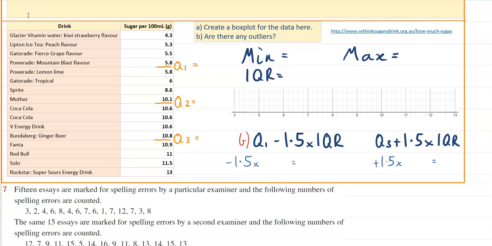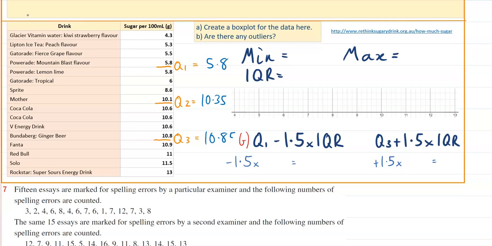So let's have one more go at this by hand. We've got these sugar amounts in all these various drinks per 100 ml. This is real data as well that I grabbed online, so feel free to check out that link at the top right. So of course, finding our quartile 2, we're talking about the average between these two numbers, so 10.35. Quartile 1 will just be 5.8. Quartile 3 will be